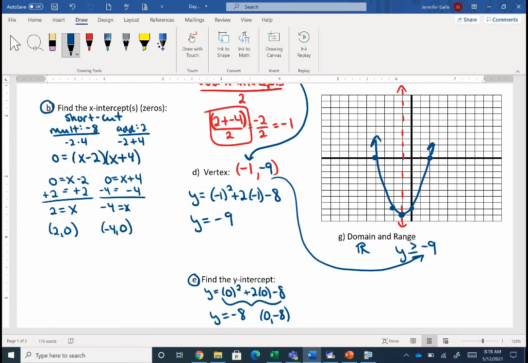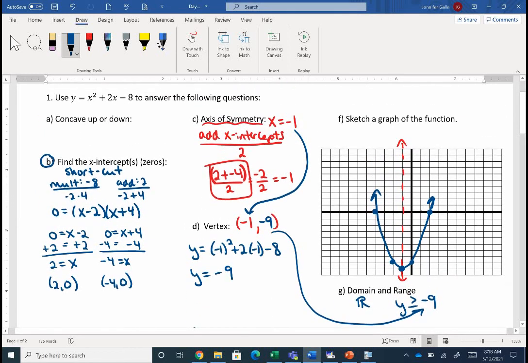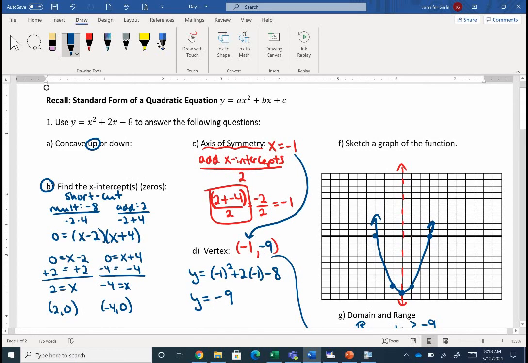So for this one, and I know I put it up at letter A, the concave up or down. Is this one opening up or down? Which way are we opening? We're opening up. Here's how you tell. Here's the cool thing. Look at our standard form. The A value you see there, guys, that A value does the same stuff that it did in vertex form. So if that A value